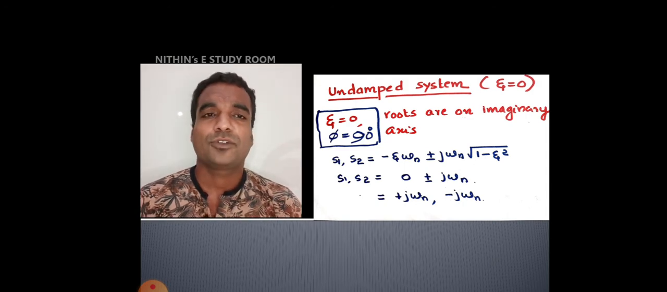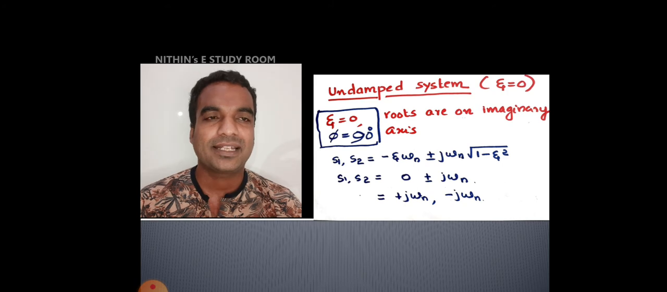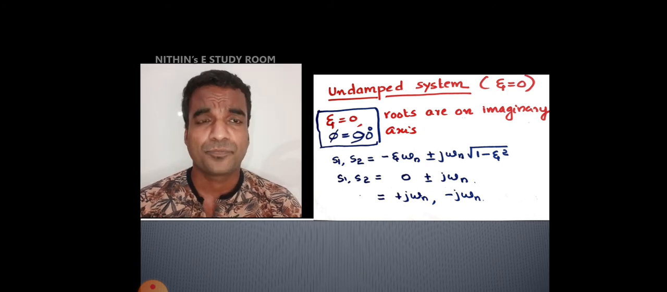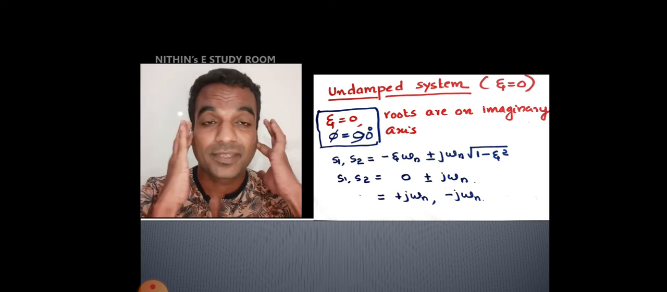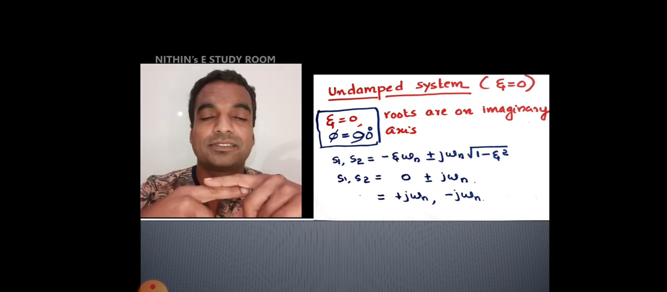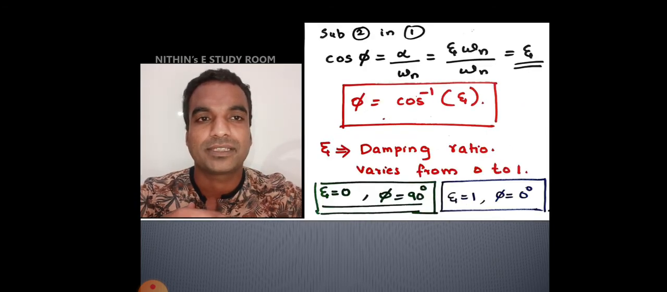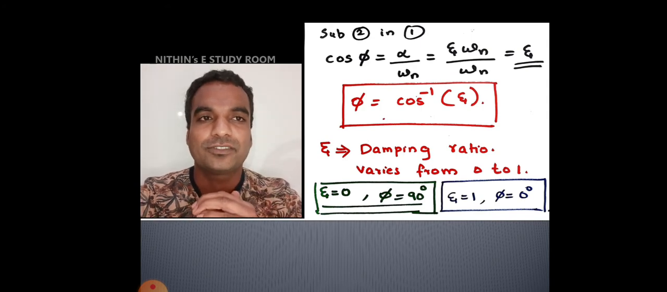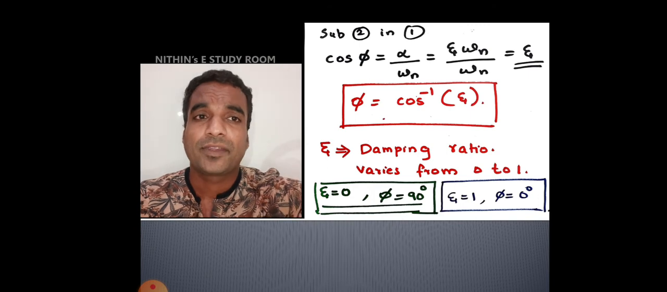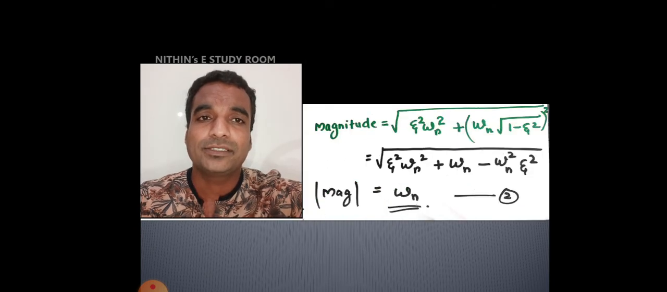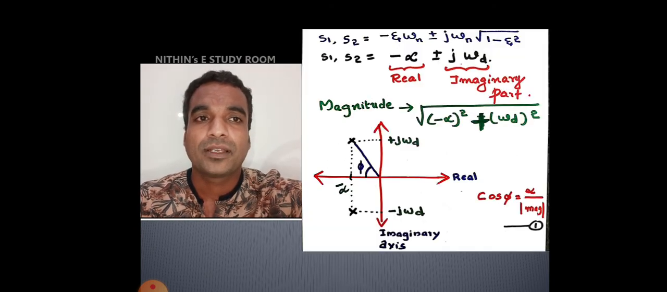So first of all, we are learning the undamped system. Undamped system means eta is equal to 0. From the last discussion, we know that eta is equal to 0 means phi is equal to cos inverse of eta, so phi is equal to 90 degrees. Phi equal to 90 degrees means both the poles will come